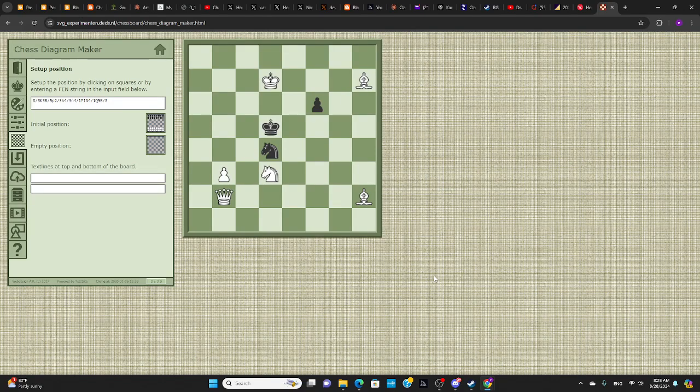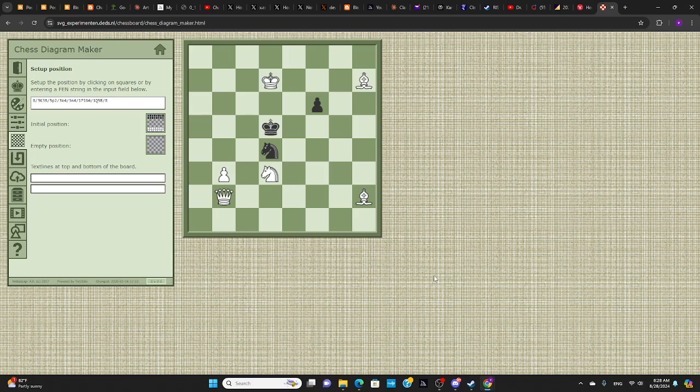So this is a chess problem, black, white to play and mate in 2. Normally, I put the solution in the description of the video, and I don't show it in the video. But this time, I'll make an exception, because in order to discuss the problem, I'll need to show the